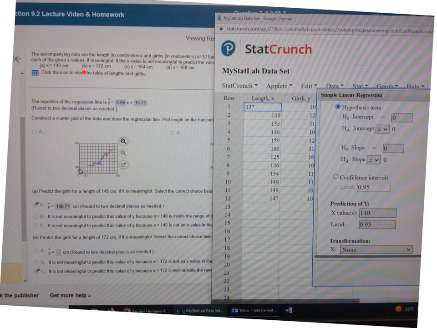If you click on that and import it into StatCrunch, it puts the length and the girth and covered up part of it. They want you to do linear regression. Find the linear regression line for the set of data here. So you click on stats and simple linear regression, and you select the two columns, and it'll give you this